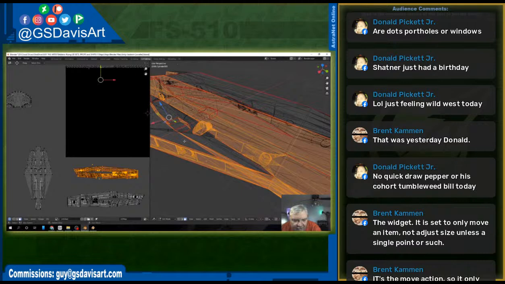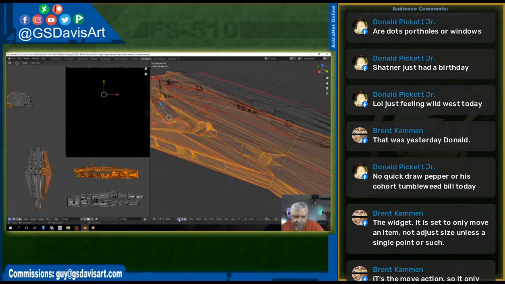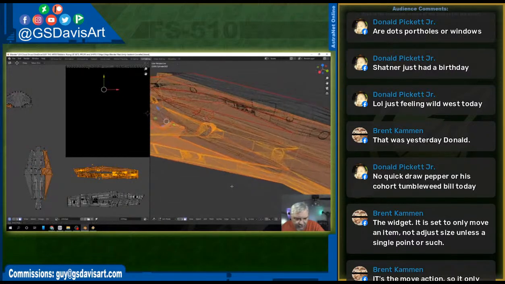So these black dots that you can see right here and right there, that's just the center of a triangle. That's the way Blender identifies the center of a triangle. If we were to do edges, it would look like this, and those black dots go away, and we're only dealing with the edges. If we were to do vertices, then all the little vertices come on. But since I'm doing the edges here,